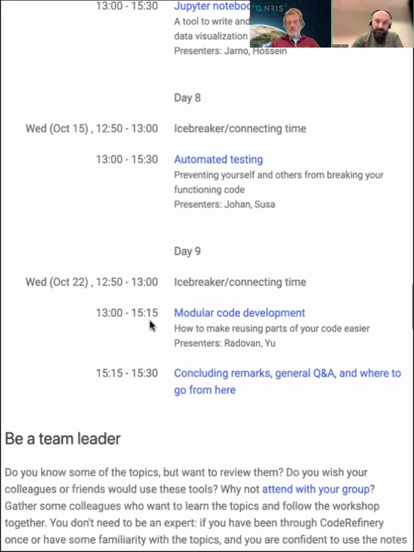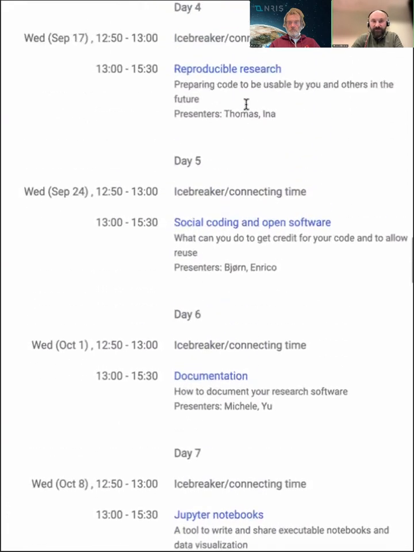And the last day is maybe more general software engineering concepts on how to write good code, and specifically how to write modular code and pure functions. So I hope this was an interesting day, although a bit different than the others.